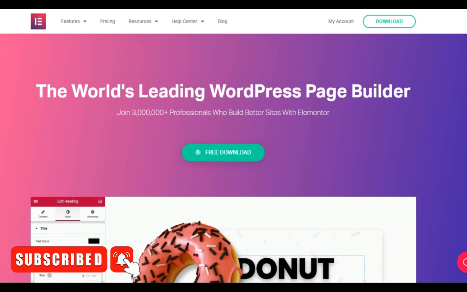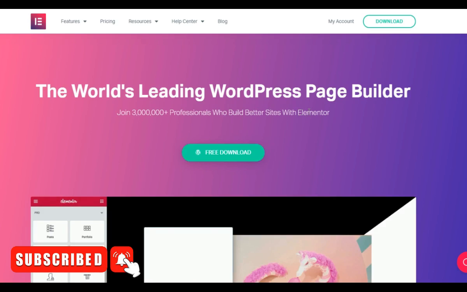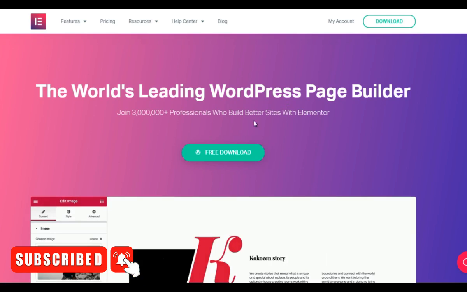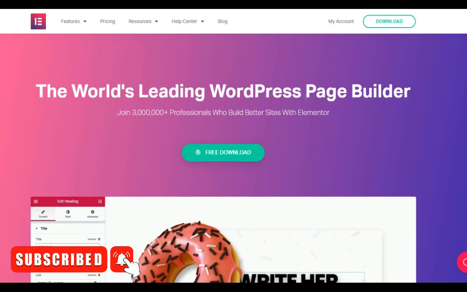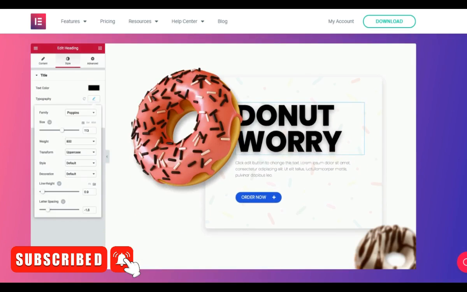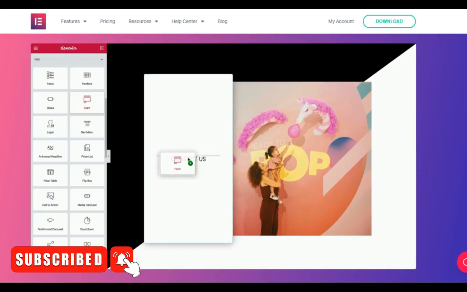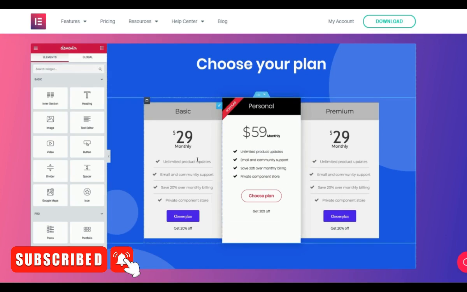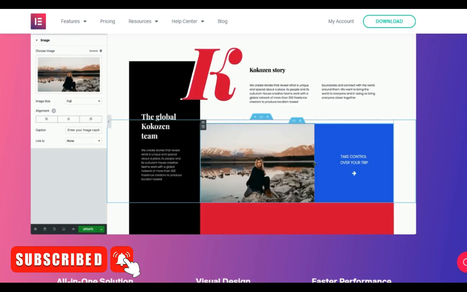Then you can click a button and it adds the template as a page. I'm going to show you that in action. Elementor has a free download, as you can see here. But what I found is Elementor is super fast, and it's super easy to create really good looking sites with ease.